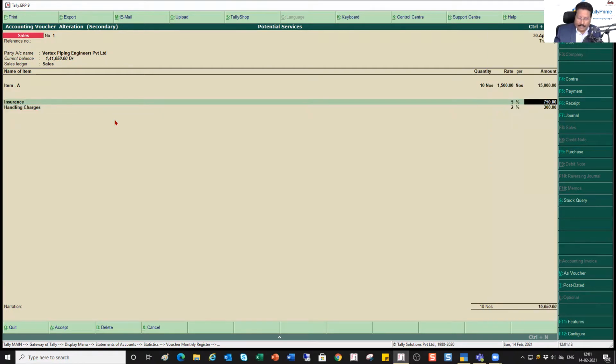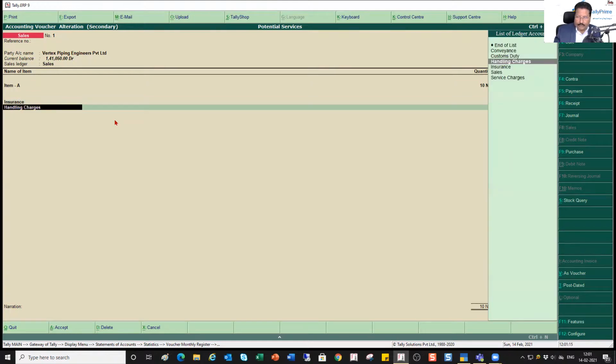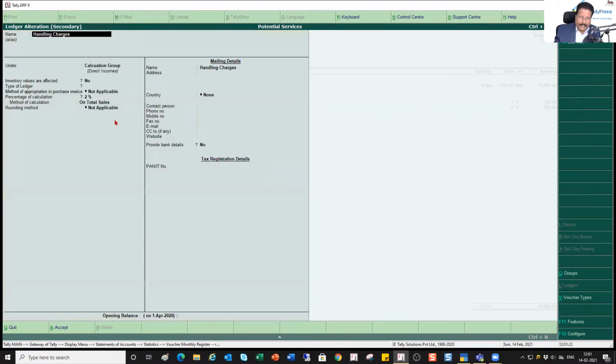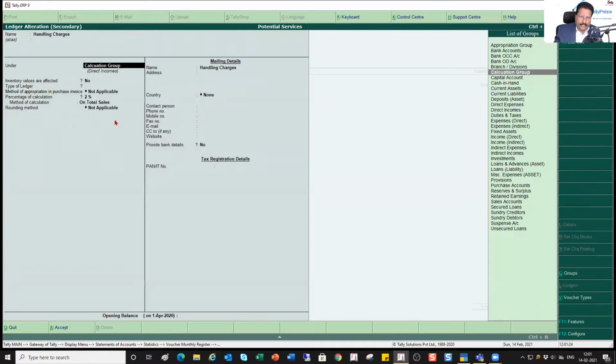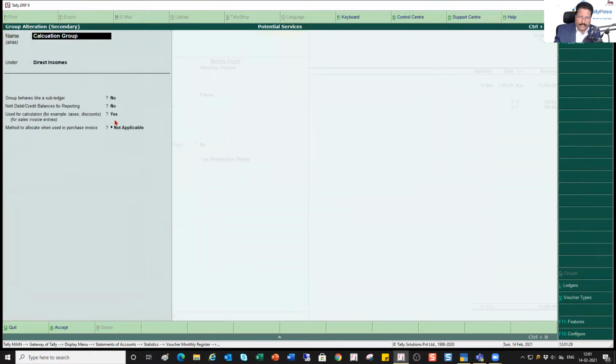How can I see this option now? Very simple. I don't have to go to the normal menu route, right? So from here I'm going to press Control Enter, right? And then I'm going to come here, I'm going to select this calculation group, and again I'm going to press Control Enter, right?